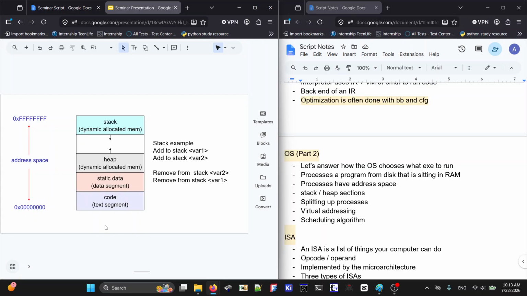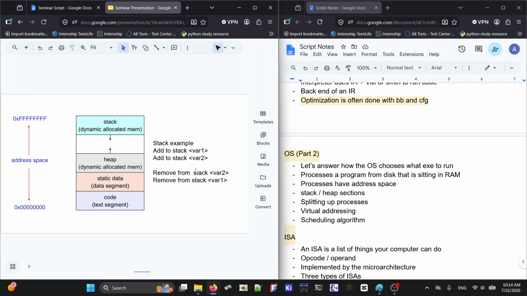What is the heap and the stack? We've talked about the heap before. It is that memory that you have access to and that you can play around with in whatever way you want, and then you have to free it as well, right? So you're in control of this memory, assuming you use a language like C or C++. Okay, and then what is the stack? The stack is a data structure